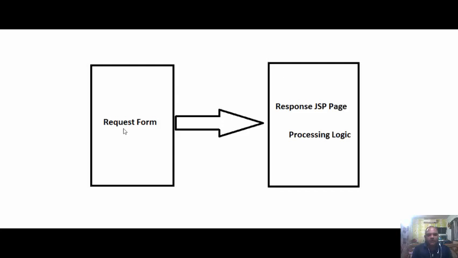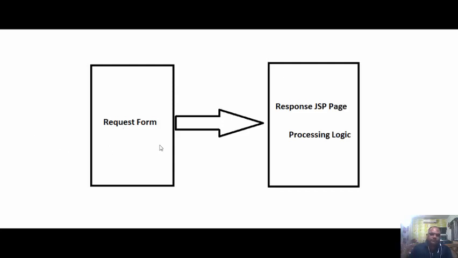user, and if you know the form tag, what are the various attributes of form tag? Form name equals to the name of the form, method equals to post, and action equals to the name of the server side JSP page, right? JSP stands for Java Server Page.